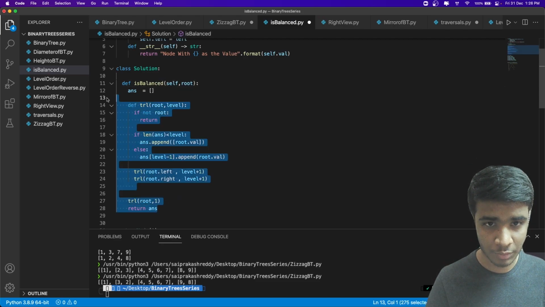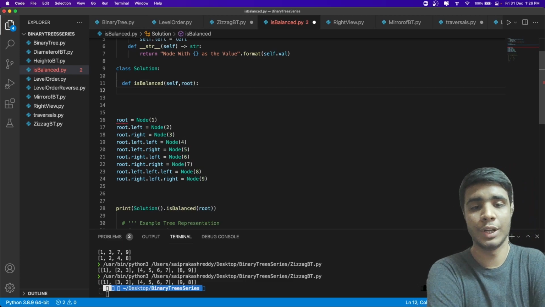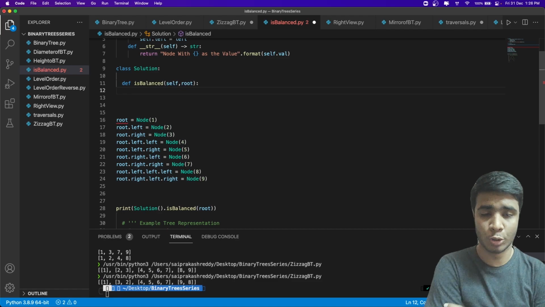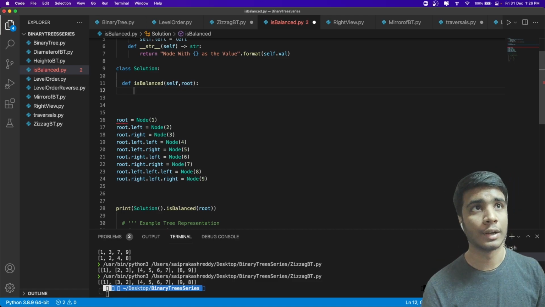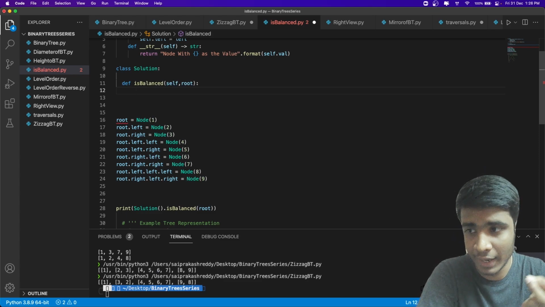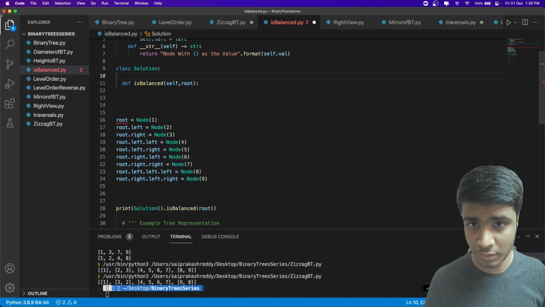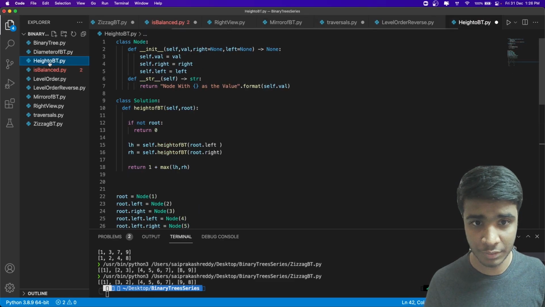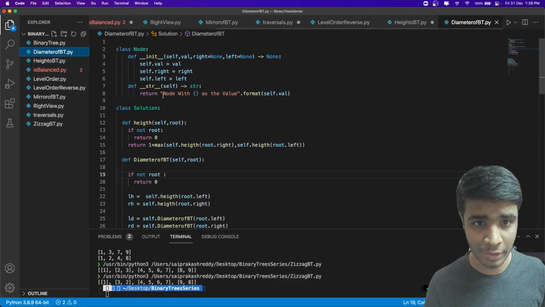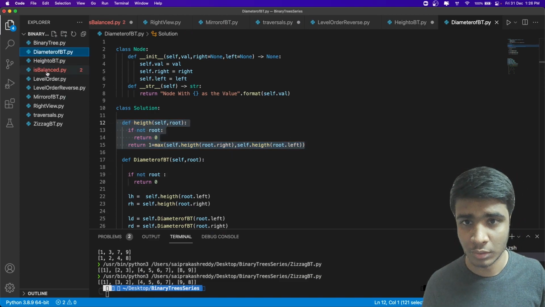Let's start everything from scratch. So what do we need to check in order to find out if it is a balanced tree or not? As the definition mentioned, I have to find the heights of my left subtree and right subtree, and what's the best way to do it? Simply copy it from the previous one. In fact, if you go to diameter, I've already written the function. That's a spelling mistake, but it's okay.